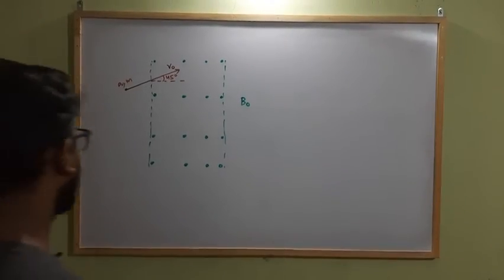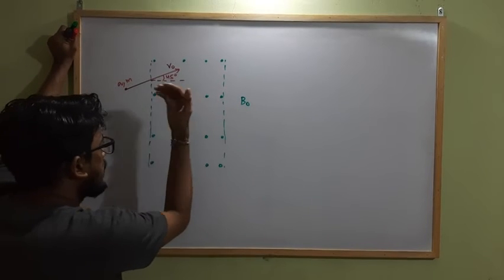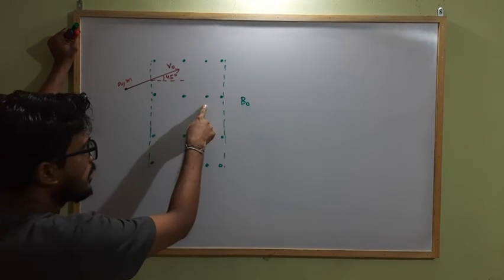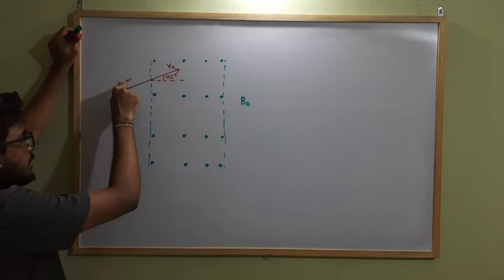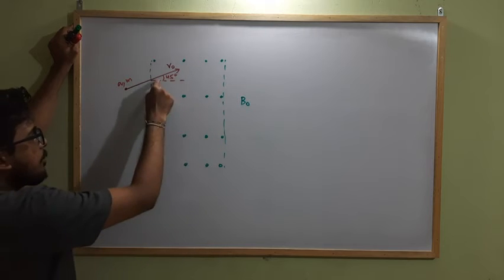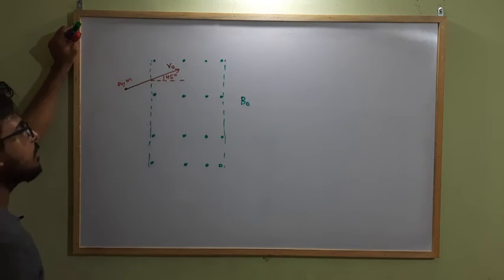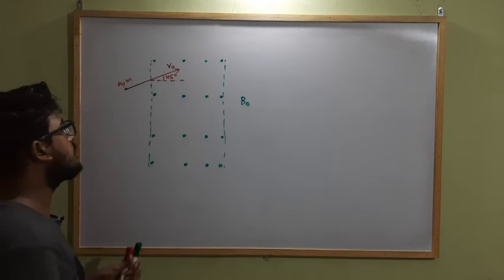Okay, so let's do another example. Here is a magnetic field of strength B naught which is acting upward out of the plane, as the direction shown by the dot marks, and a charged particle of charge q and mass m enters that region of magnetic field making an angle of 45 degrees with the horizontal. So find the time up to which the charged particle will remain within the magnetic field.